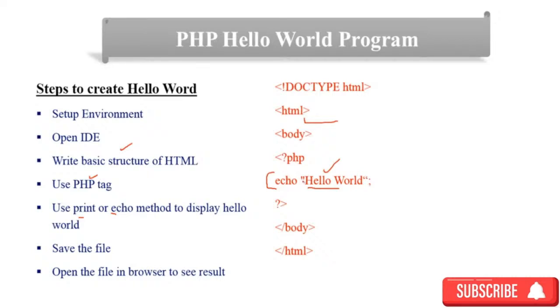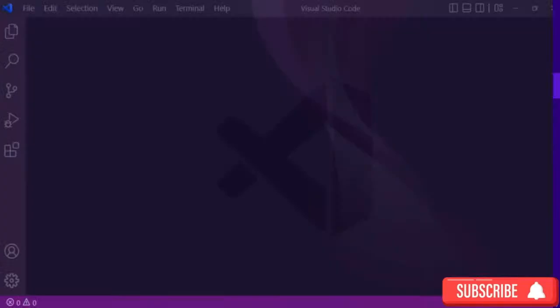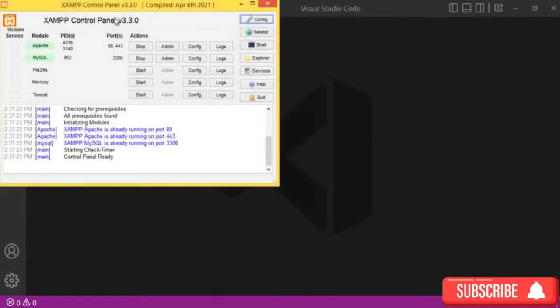So I open Visual Studio Code, and show how you can create a hello world prompt in PHP. After opening a PHP IDE, a specific IDE or any IDE you can use, but in this case I am using Visual Studio Code. And then you have to open XAMPP, and then you can start Apache, and start MySQL when you work with MySQL. This time we want to work on the Apache server. For that reason you have to start this one. Already it is started and displaying stop. You can stop the Apache server and MySQL. You can also stop,